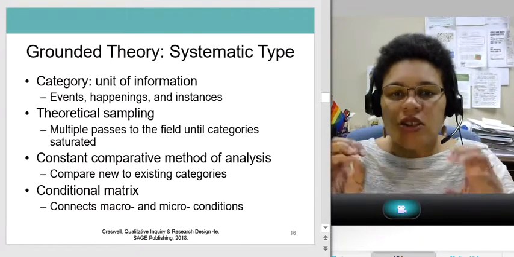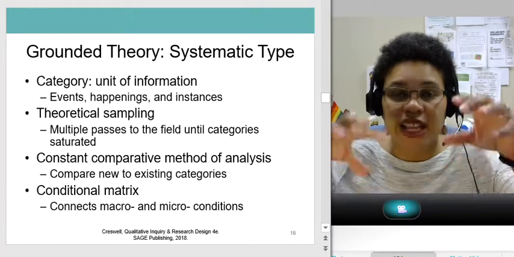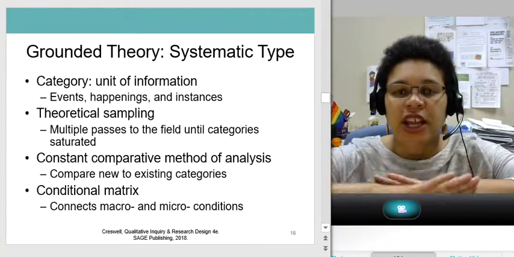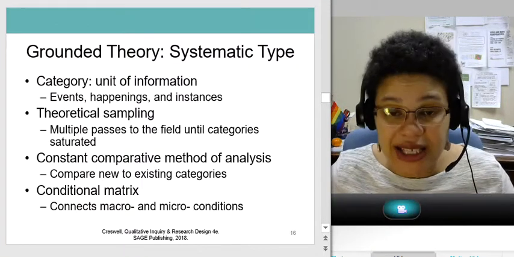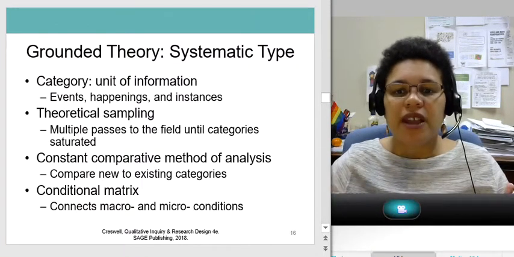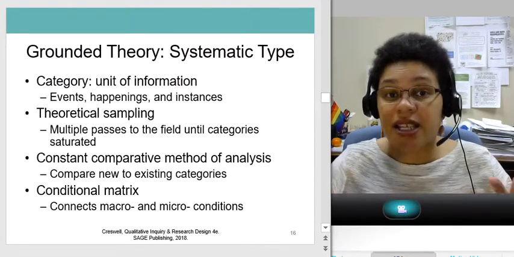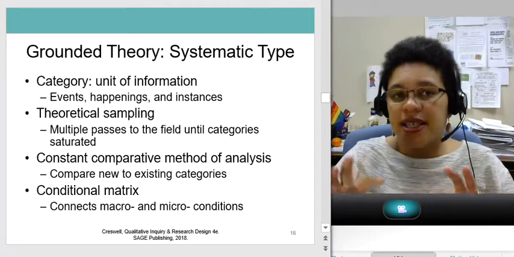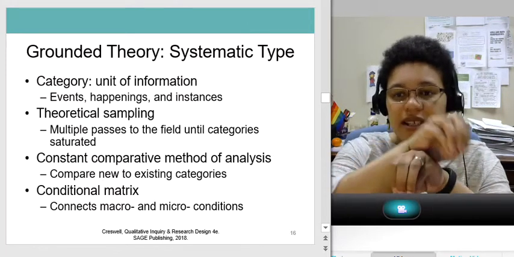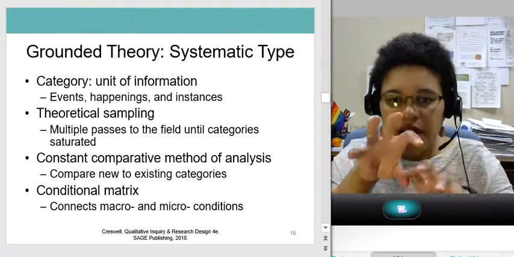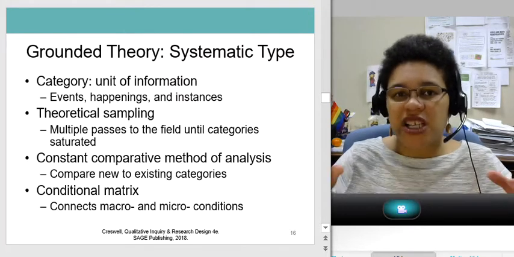You do this theoretical sampling where you're doing multiple passes to the field until your categories are saturated, until you feel like you fully defined this category. It's a constant comparative method of analysis where you're comparing your new to your existing categories. So, is this a subset of that? Is this in parallel with that? Does this supersede that? Kind of comparing your categories, and then an idea of a conditional matrix.